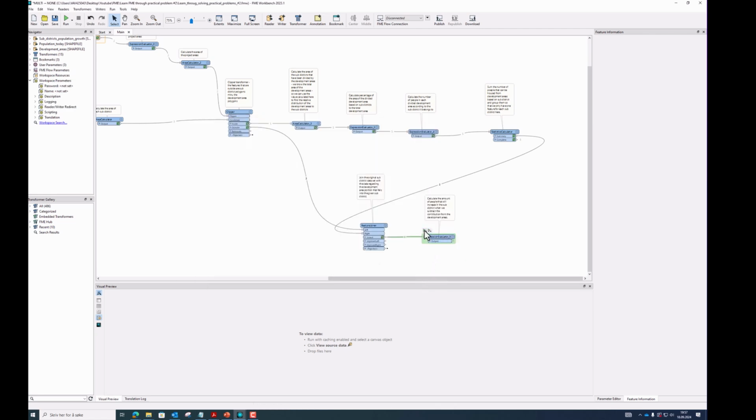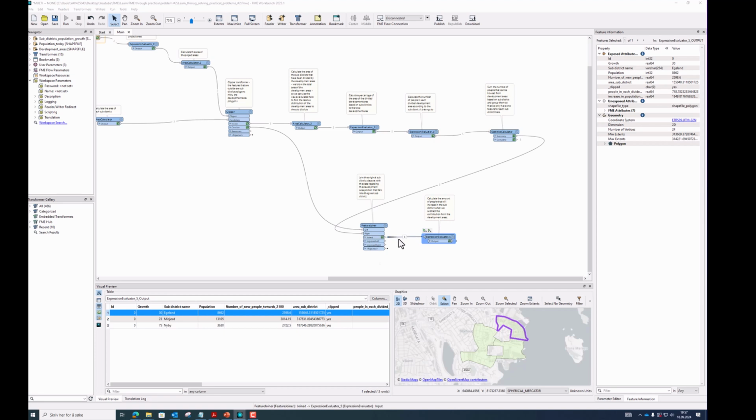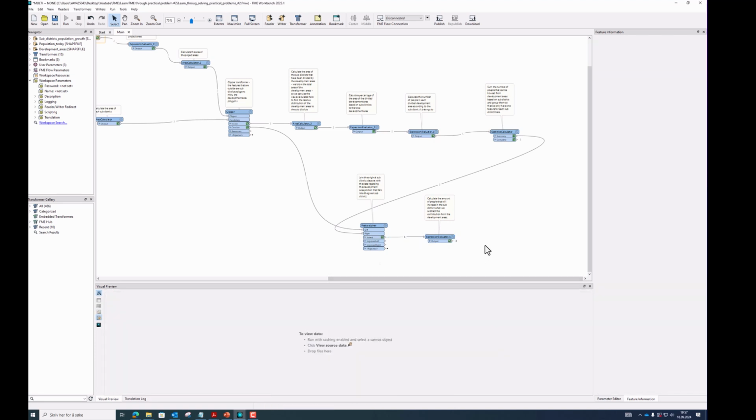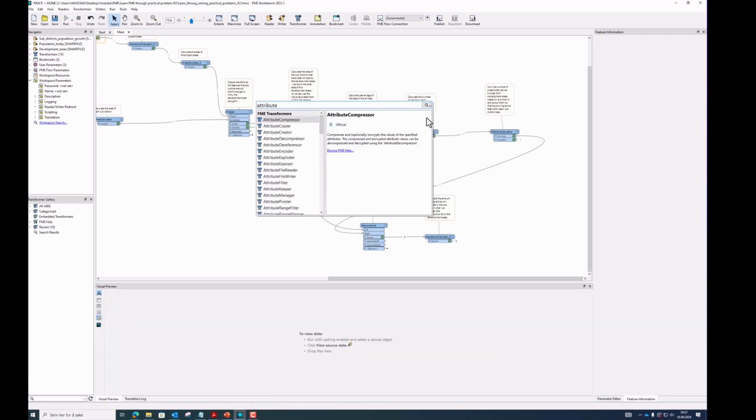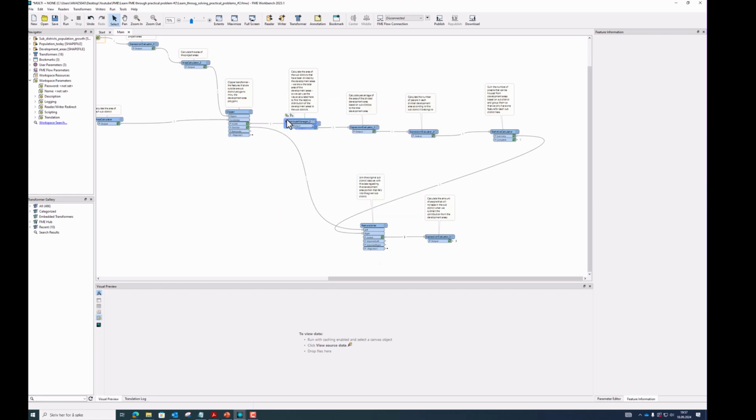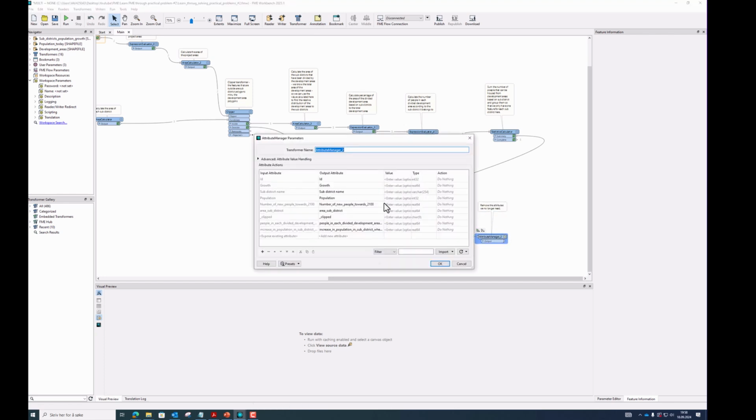We run it. And just to make our lives a little bit easier, when we're going to use this data in our modeling endeavors later, we can use the attribute manager and just clean it up a bit. So we just include the things that we want to use further. So all the calculation steps in between, all those attribute columns, we can just erase them. So what I want, I only want to keep